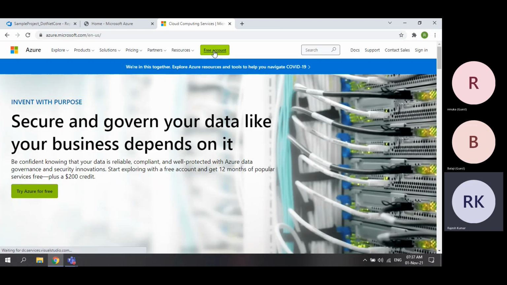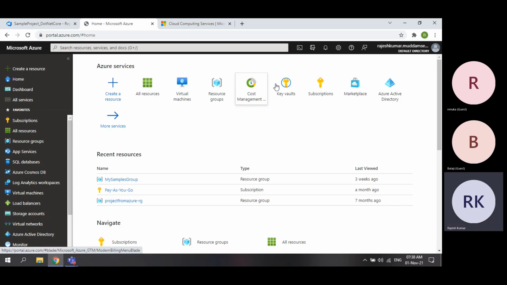So there is a direct button, free account. Okay, if you want to create a free account, you can create it here. So you will get $200 as a balance. For this $200, you can try anything in 1 month. Okay, this $200 will be there in your account for 1 month only. In 1 month, you can purchase any service.